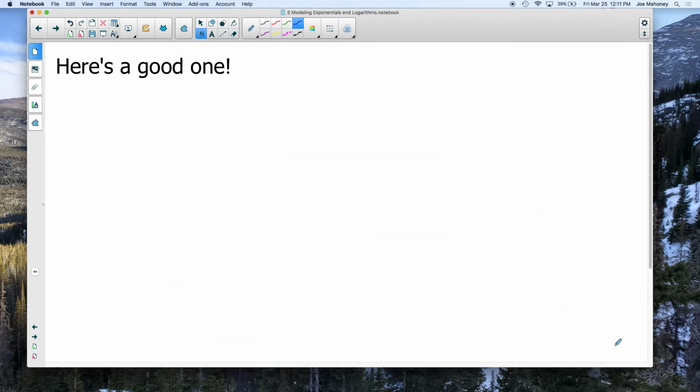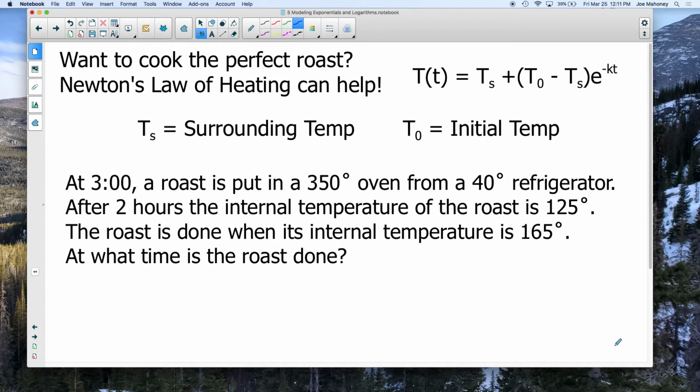All right, here's a good one. It's so good that I got to give it to you in class, so we'll leave the temptation for that for later. And maybe we'll close up this modeling experiment with cooking the perfect roast. You're going to invite me over for dinner and impress me with your culinary skills